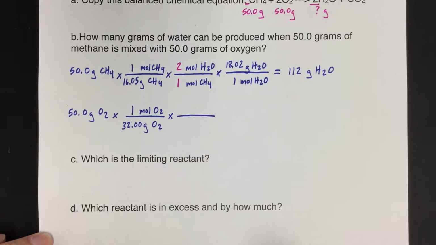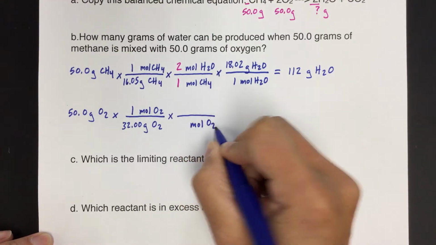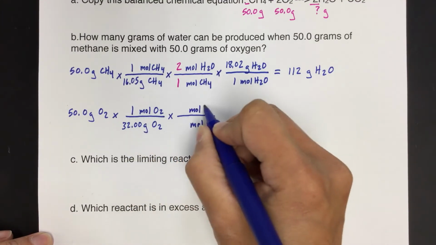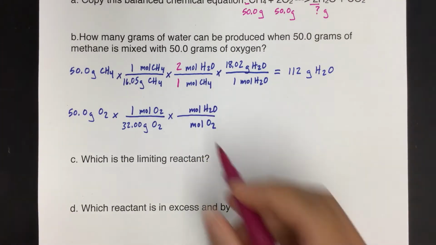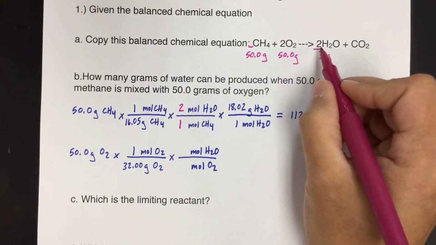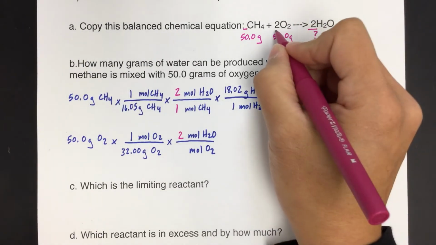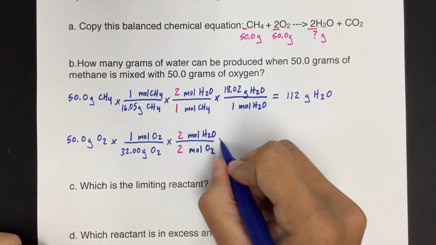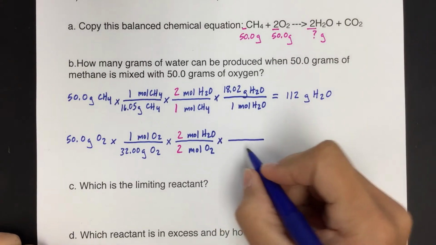And my next conversion factor is the mole ratio from the balanced chemical equation. So we are converting moles of O2 into moles of H2O. So moles of H2O, remember from up here it's 2. And moles of O2 is also 2. And then the last step is to convert moles of H2O into grams of H2O, which we actually already did